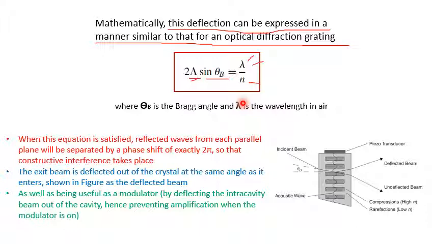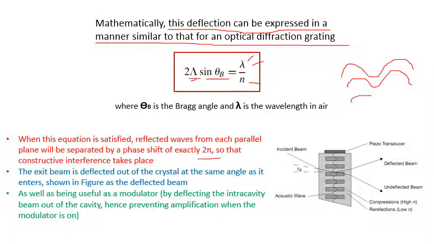will be separated by a phase shift of exactly 2 pi. Okay, so reflected waves from each parallel plane will be separated by a phase shift of exactly 2 pi, one period, so that constructive interference takes place. So 2 pi is constructive, if it is pi, then a destructive interference. Constructive interference like this,